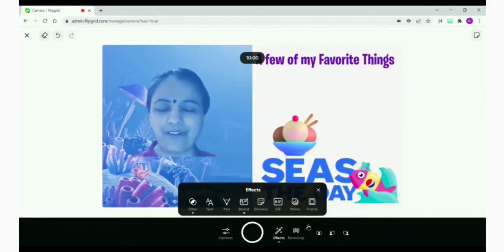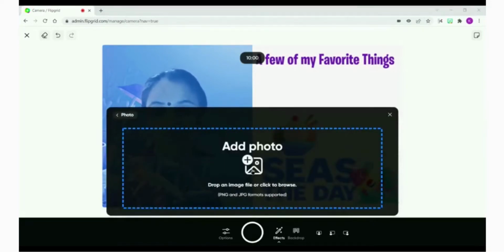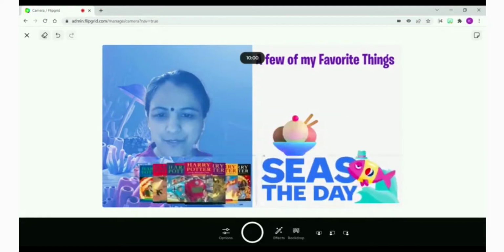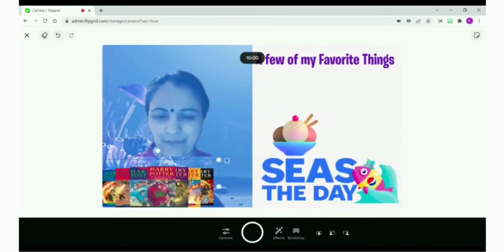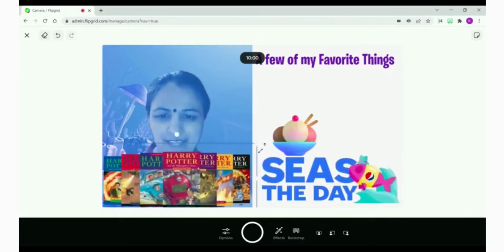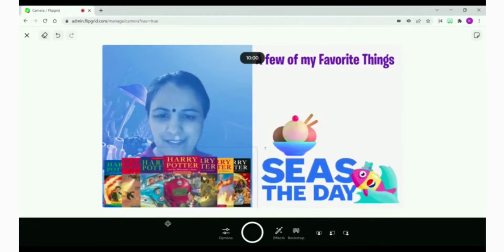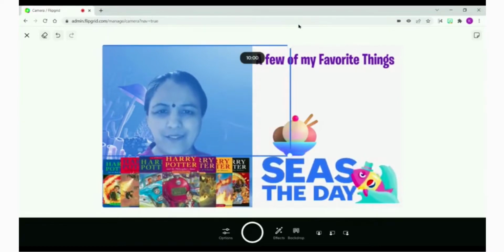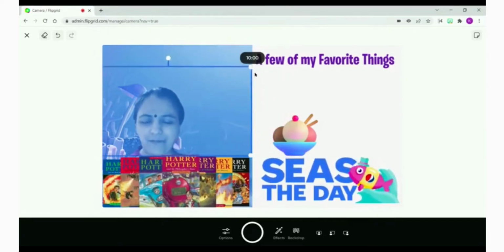Okay, now for the photograph, you can use it to showcase your favorite book series, which in my case happens to be Harry Potter. So I'm going to put this over here, increase the size. Okay, if this makes sense, reduce my size slightly.